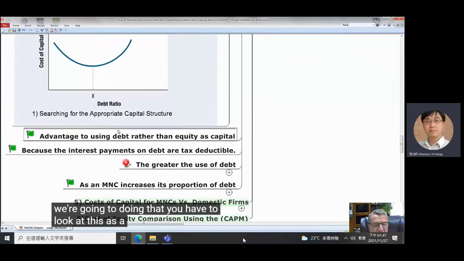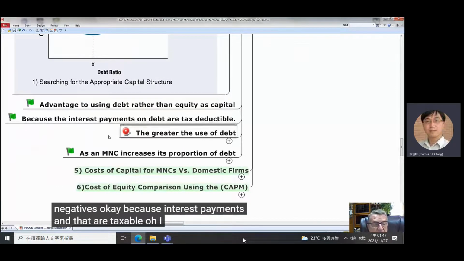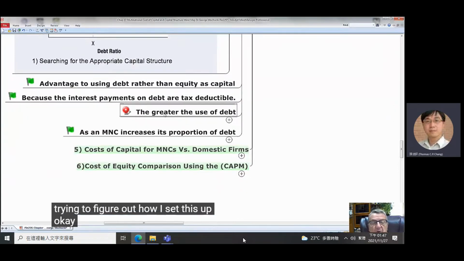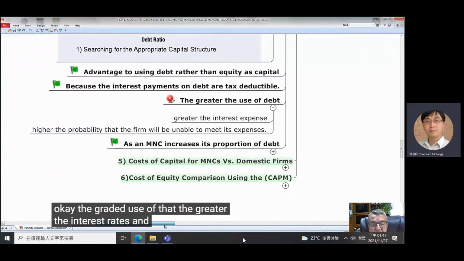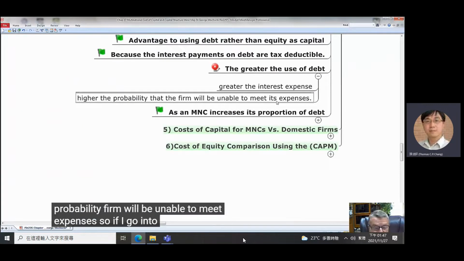You have to look at this, it's a plus or a negative. Okay, because interest payments on debt are tax deductible. Oh, I see. Debt or capital, this is just a subject matter. I'm trying to figure out how I set this up. Okay, the greater the use of debt, the greater the interest rates, and the higher the probability the firm will be unable to meet expenses. So if I go into too much debt, after a while, it's no different